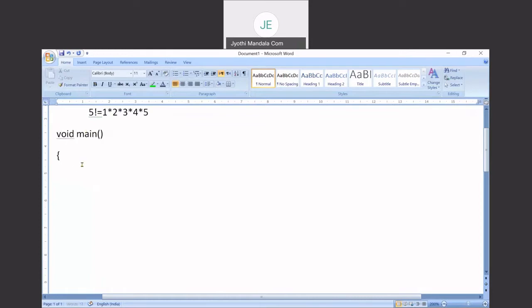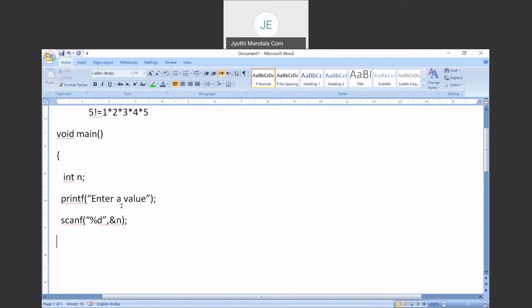Now we need to ask the user a number. So we need to read only an integer variable, because we need to find the factorial for an integer only. So I am declaring that variable as int. Let us ask the user with printf, "enter a value". These are all basic things, you all know them, but still I am writing them. After that, we will be reading the value in a variable called n. I think by this time you are all familiar with writing these statements, right?